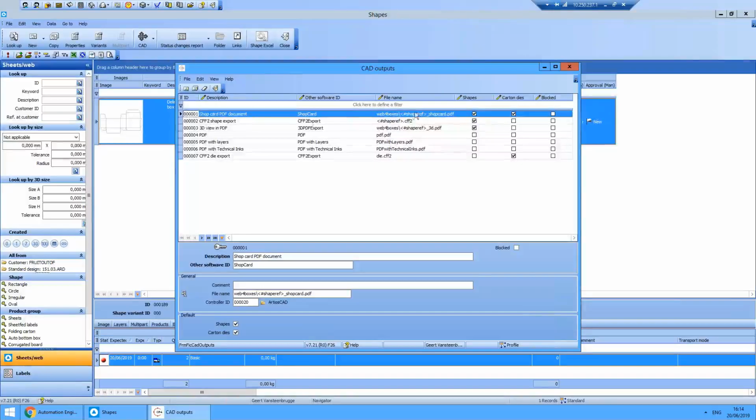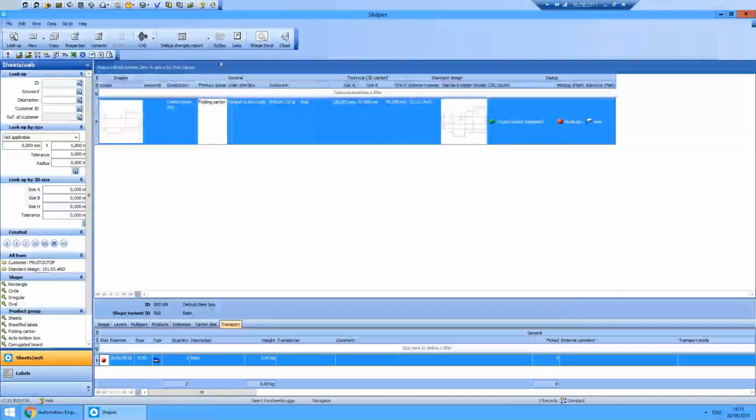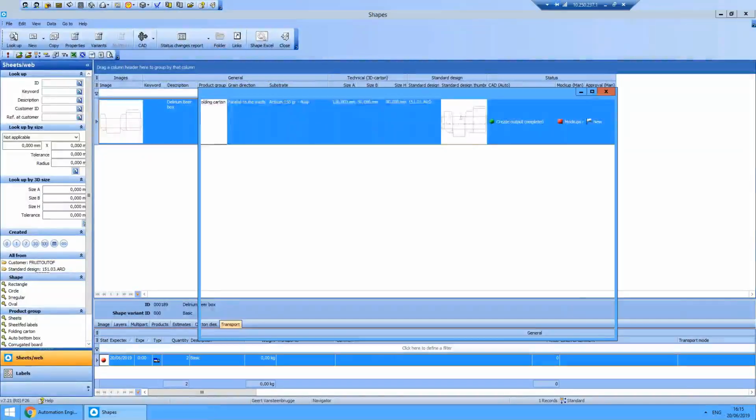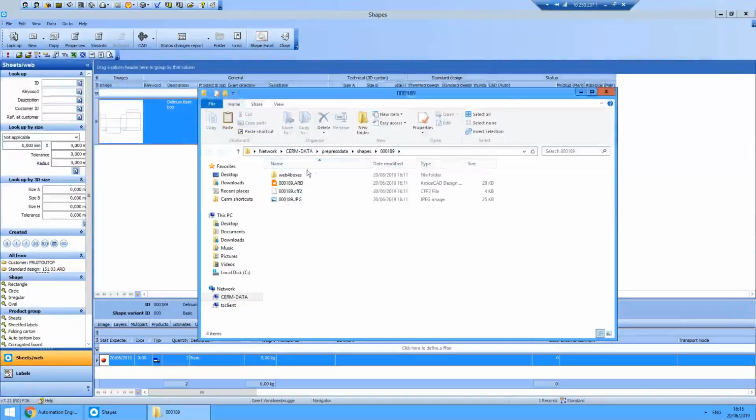This is called in my ArdoSCAD system shopcart, and the file that I want to store in my shape is in fact the shape ID underscore shopcart.pdf, which is stored in a subfolder of my shape folder. Let's have a look. This one is ticked on as default, meaning this file was created for me with this first shape. Indeed, I find for this shape 189 a subfolder called Web for Boxes,